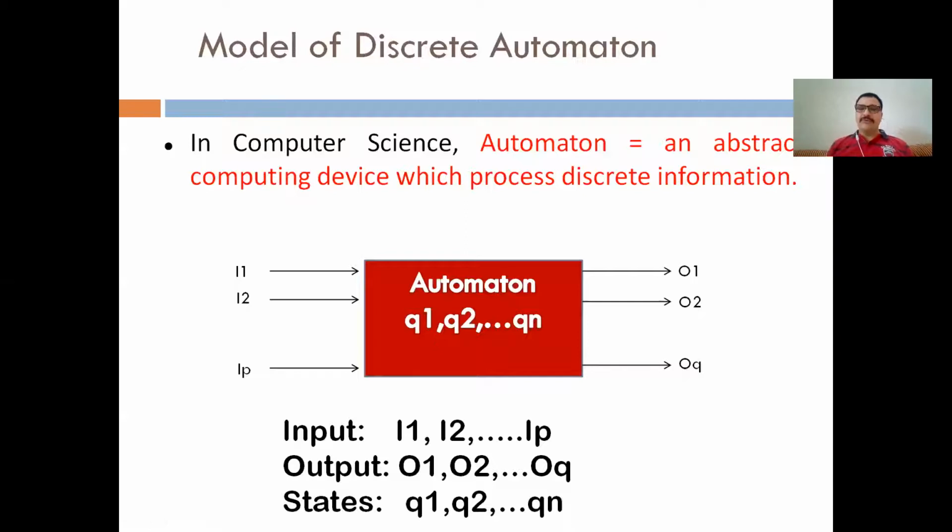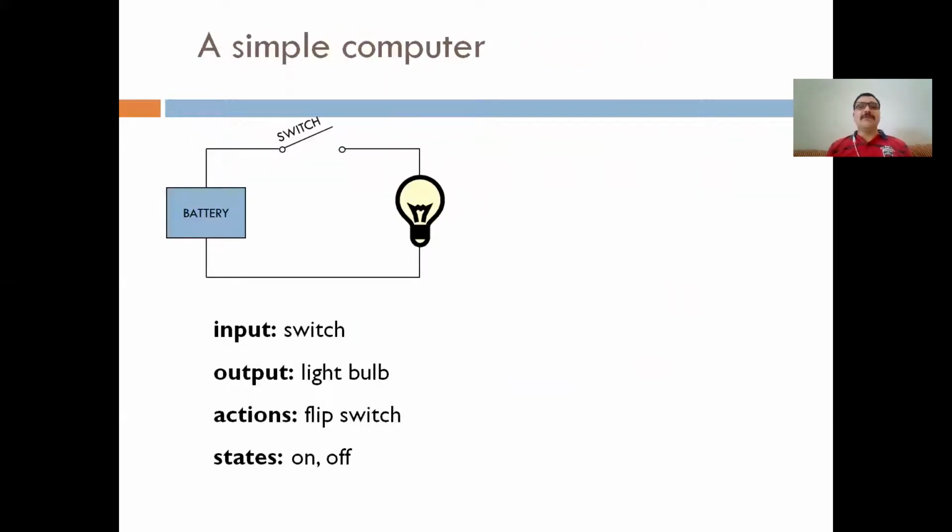Now I want to explain the simple example of these states, outputs, and the inputs by using a real life example. So let me consider the simple example of this bulb. The objective is to light the bulb here. So the input can be considered as a switch and output is light bulb, and here the states of the bulb can be considered as on or off. So there may be only two states of the bulb, that is on or off, right?